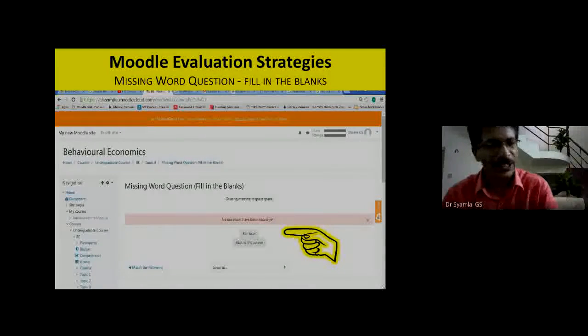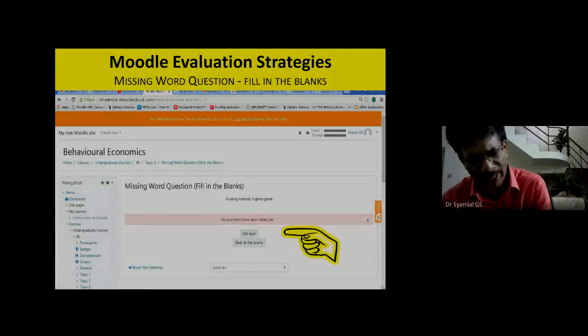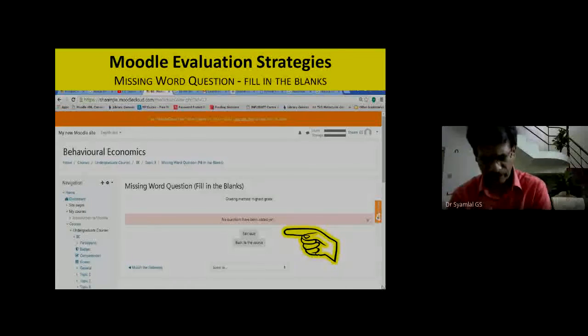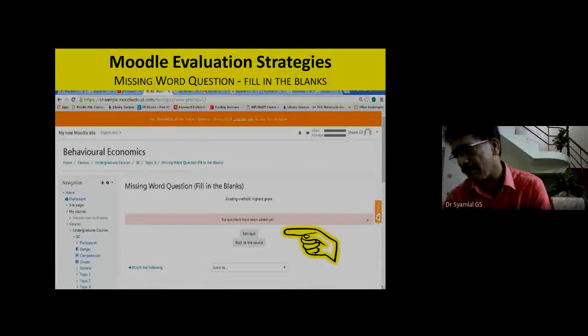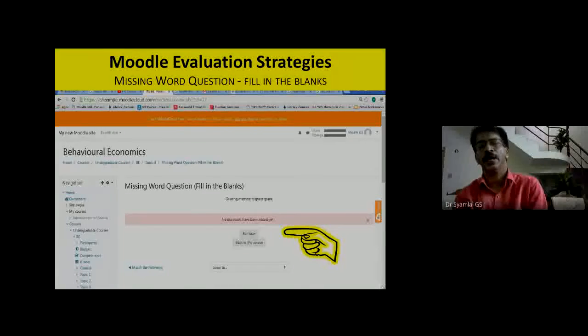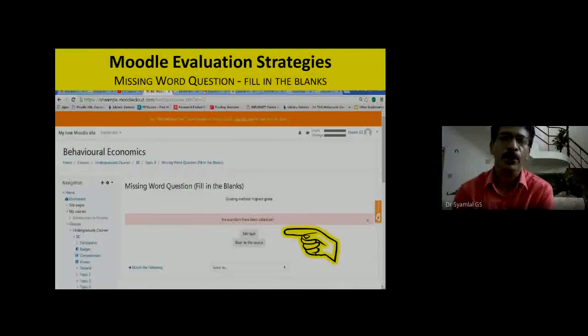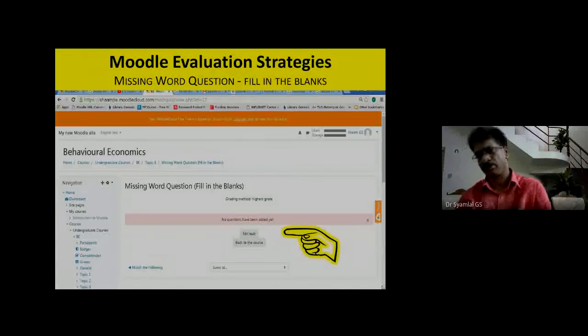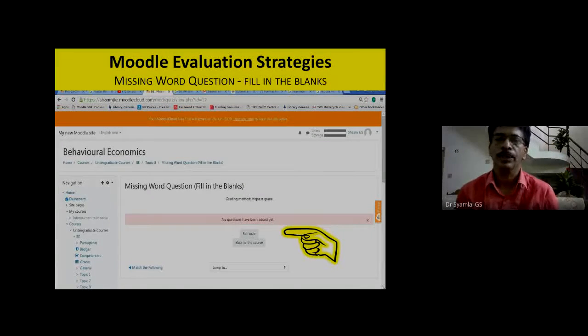Then add an activity, go to quiz and give the name as missing word question, fill in the blanks. Then save and go back to course.